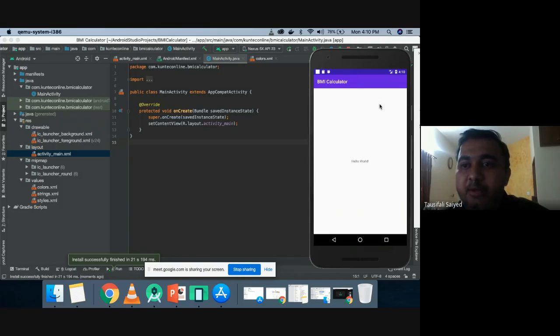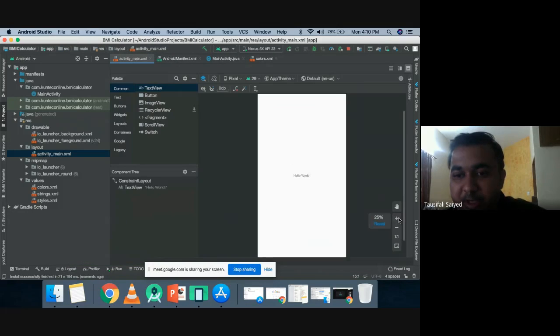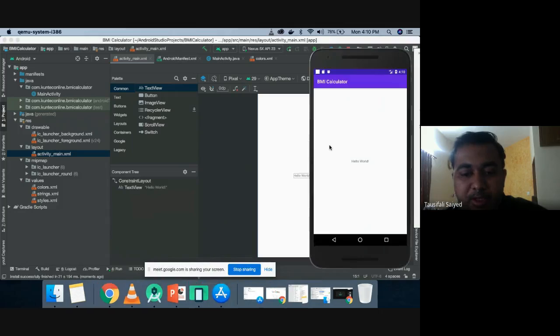See, the BMI calculator is run, and we can see the hello world. What is this layout? This layout is displayed over here. This is the layout that we are seeing here. Okay, now